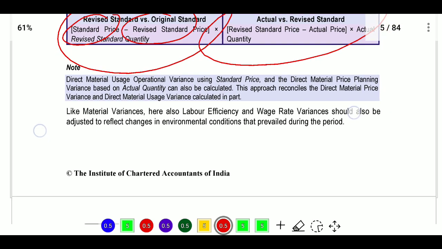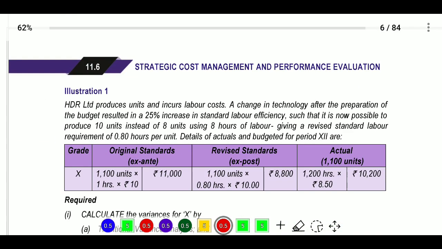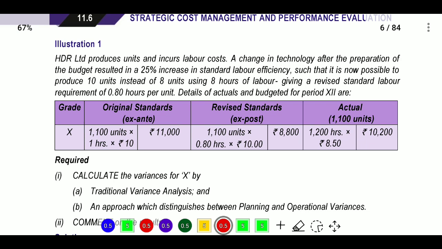Next, here direct material usage operational variance using standard price, and direct material pricing planning variance, what we have discussed about, that is explained there. Now we will see one illustration. In illustration number 1,